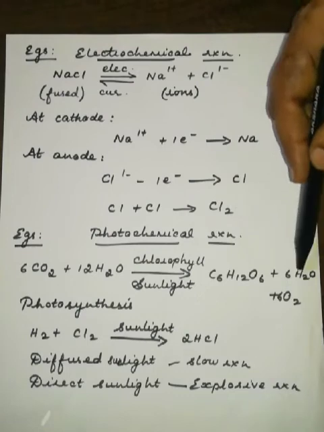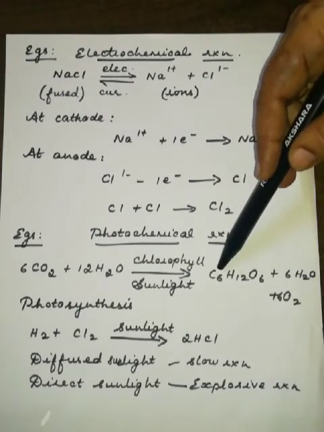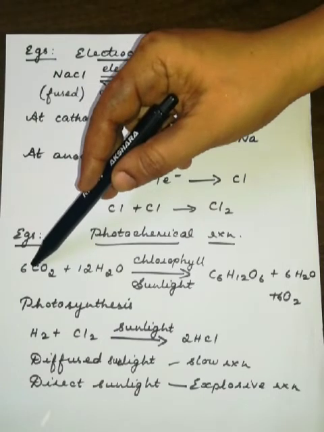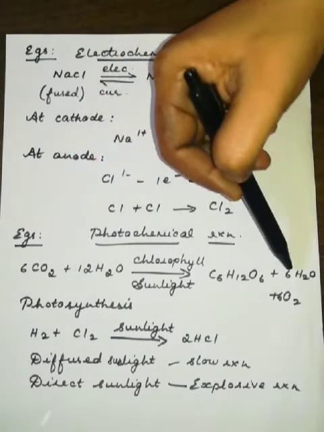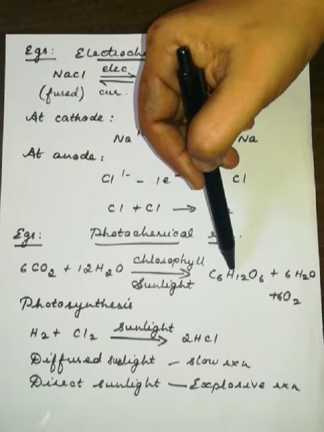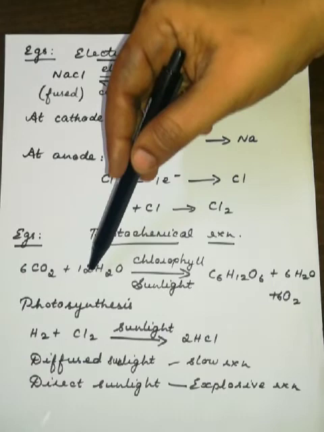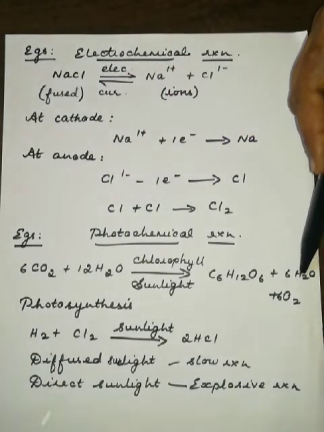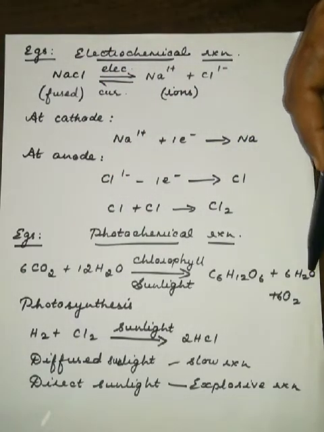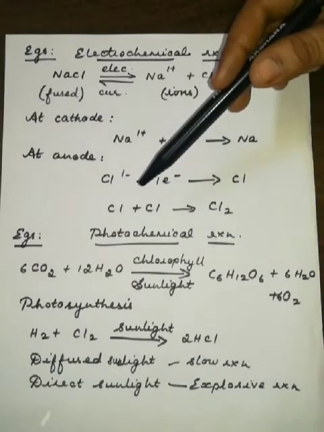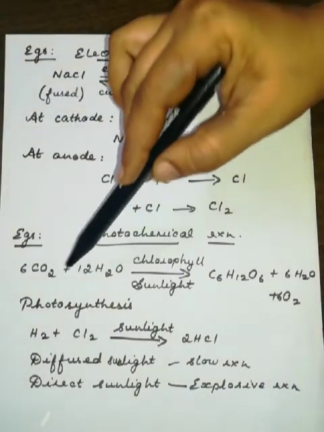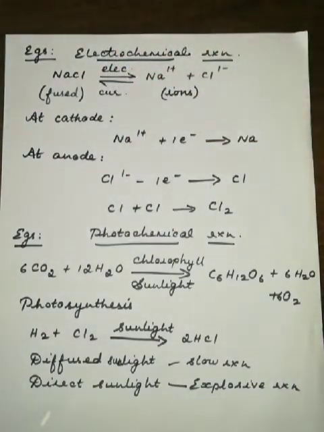You know how to balance it. See here, when you get carbon 6 here, you can write 6 here immediately. Come to the hydrogen here, it's 12, so write 12 here. When you write 12 here, it becomes 24. On the other side you also have hydrogen, already 12, so if you write one more 6, 6 into 2 is 12, and 12 plus 12 gives 24. And oxygen is 12 plus 12, 24. In the same way here, oxygen 6 into 2 is 12, and 12 plus 12, 24.